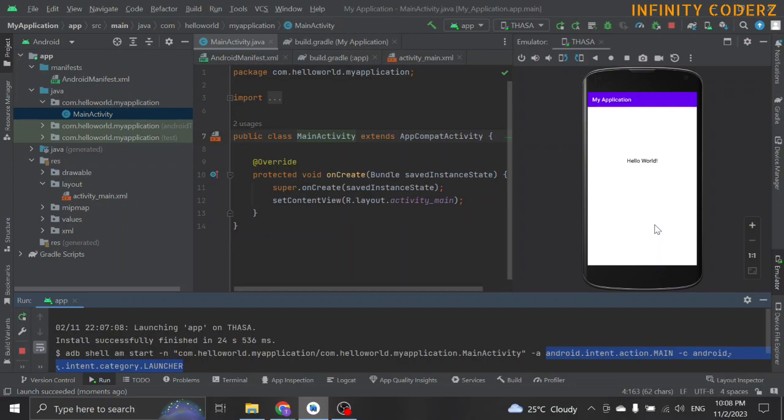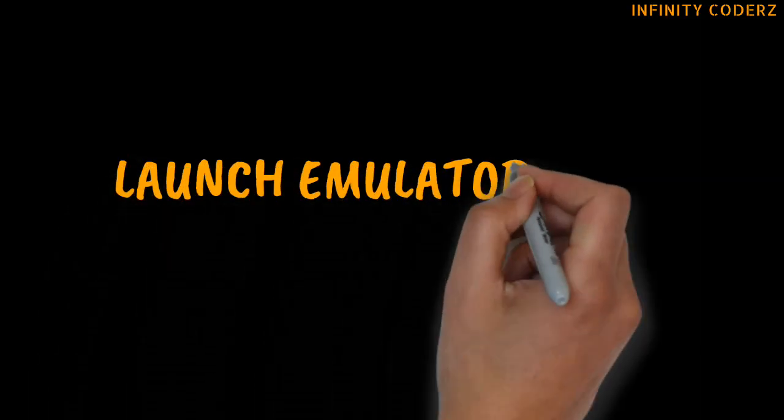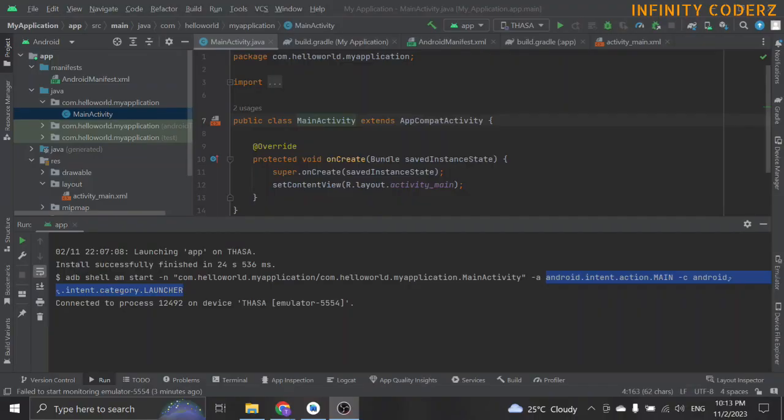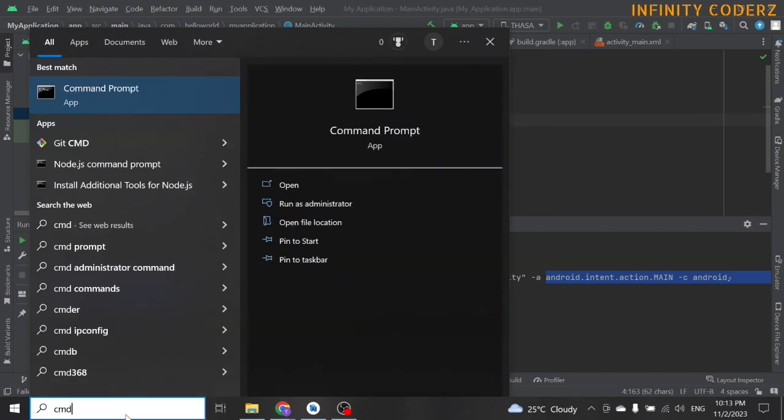There is another way of running the app in the emulator. Let's try to launch the emulator from the command prompt. Currently, the emulator and the coding can be viewed simultaneously, and it takes up space in the editor, which sometimes makes it harder to code.